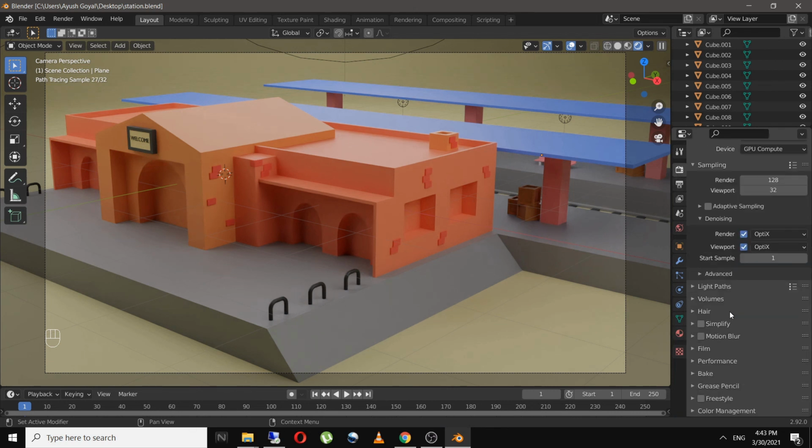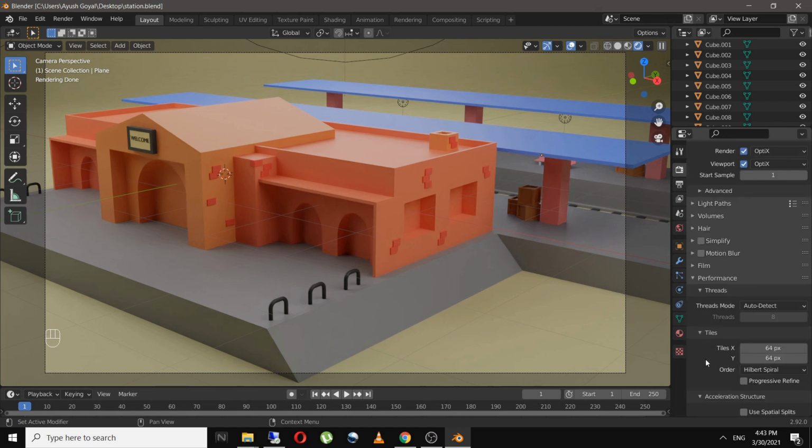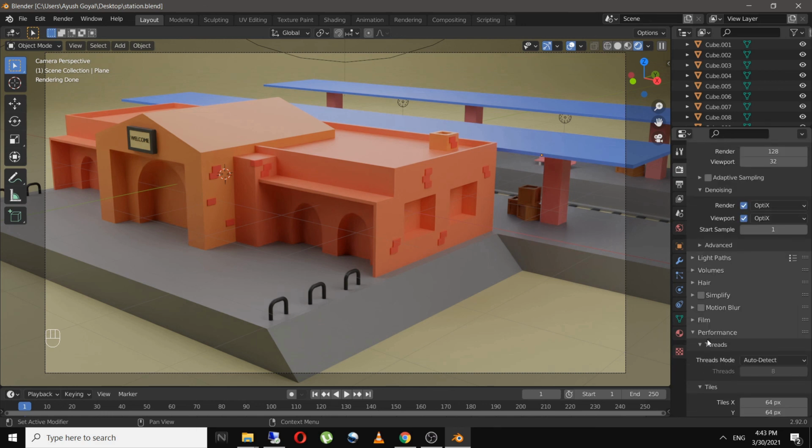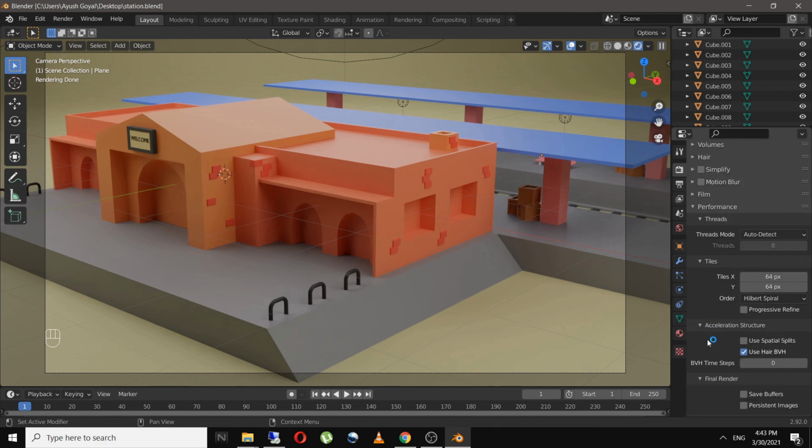Now in render settings, I will go to performance and I will increase the tile size to 256. By default it is 64 pixels, but GPU works on big tiles better.